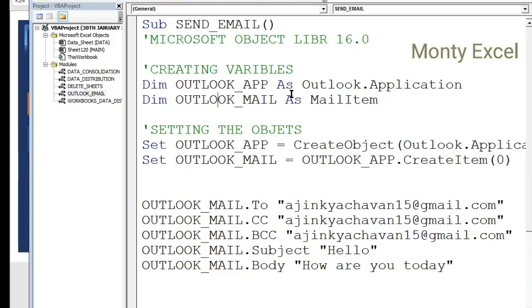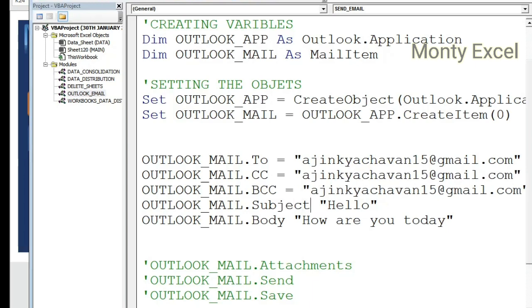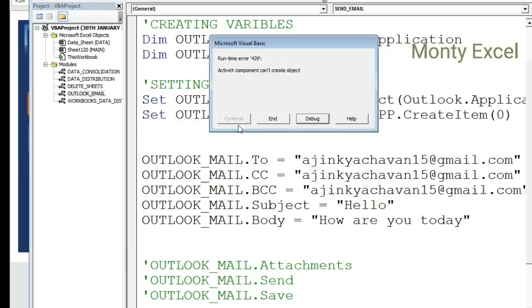Now, the very first step, I'm using the F8 key here. It is giving an error at the to. What is that? Oops. I have not given equals to. To equals whom you're sending, subject should be equals to, body should be equals to. I forgot the equals, you need to give the equals to whom you're sending. So let me use the F8 key here. It is not ignoring the variables as usual. Then it is creating an object, which will take a little bit of time. Once it is connected to Outlook,